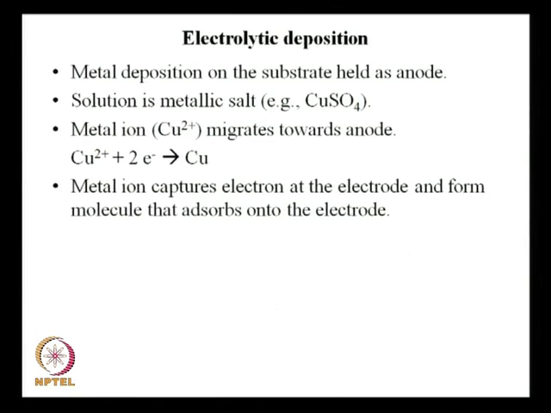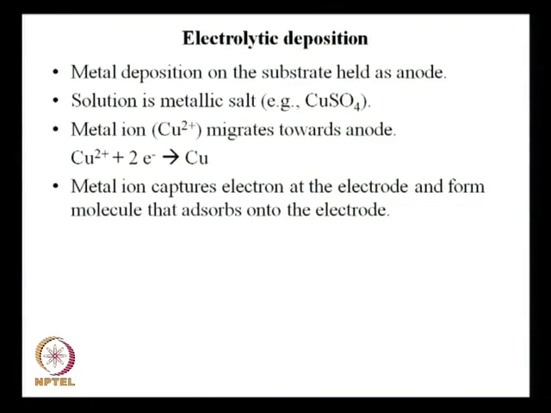Now, I put it as if these are the two methods of deposition, chemical vapor deposition and physical vapor deposition, but there is a third type of deposition which has already been there for some time and which you already know, which is called electrolytic deposition. Here the metal deposition is on the substrate, which is held as anode. The solution is a metallic salt such as copper sulphate. Copper sulphate breaks down into Cu2+ and SO4 2-, and then Cu2+ is attracted towards the electrode. Because Cu2+ is positive, it migrates towards it,